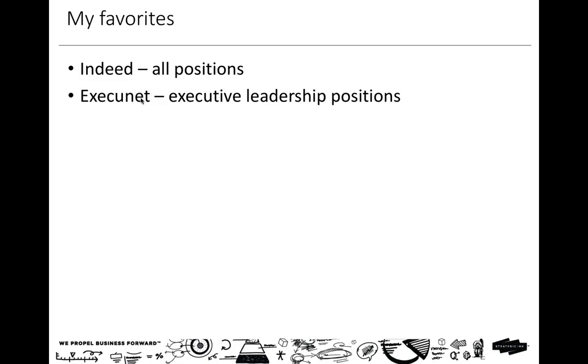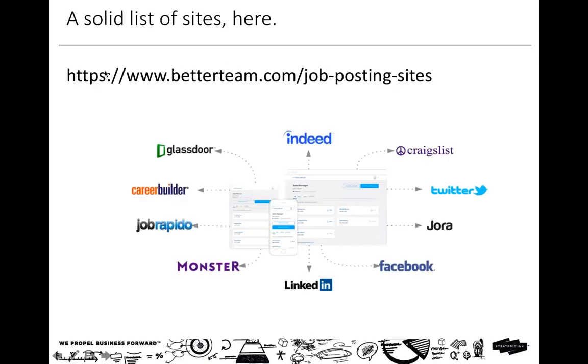This would be a VP of operations. This would be a general manager, a chief operating officer, chief marketing officer, chief financial officer. And these searches are quite different than the 95% of businesses, which seem to be the critical workforce positions. So I'm going to focus on that population for this conversation. Happy to talk about executive recruitment with you and that